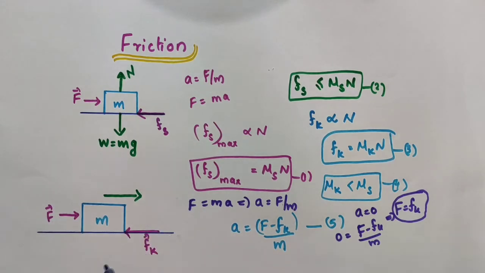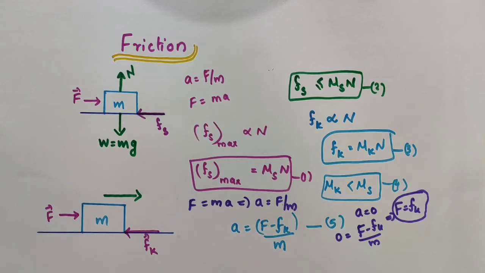The net force acting on this body is 0 when we are considering this particular situation, that is, when the body is moving with constant velocity. When it is in uniform motion, its acceleration is 0. Acceleration being 0 doesn't mean that there is no force acting on that body. There can be many forces acting on that body, but the net force acting on it will be 0. That is what 0 acceleration implies.